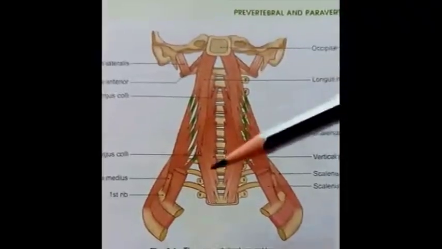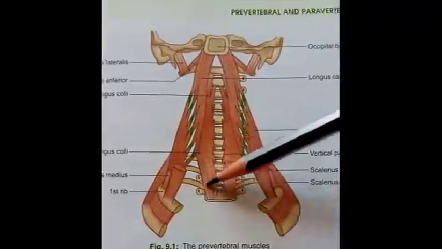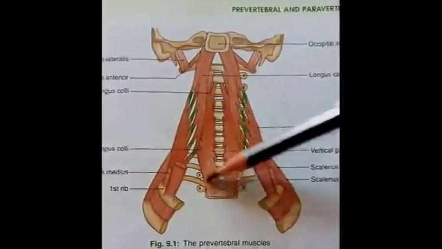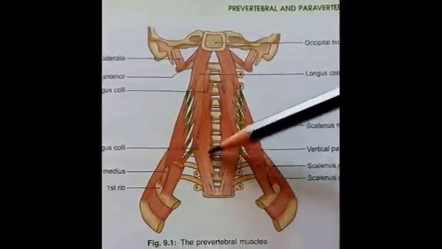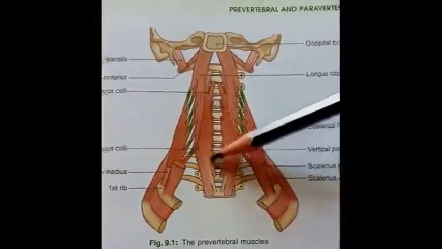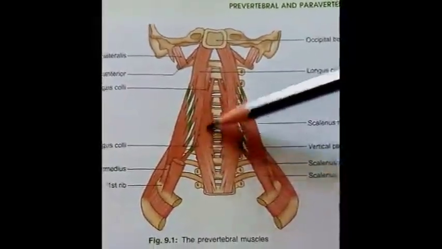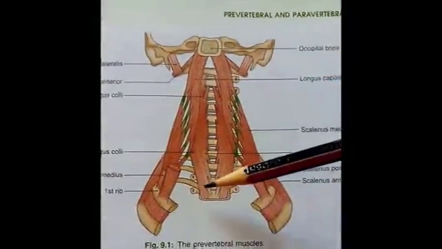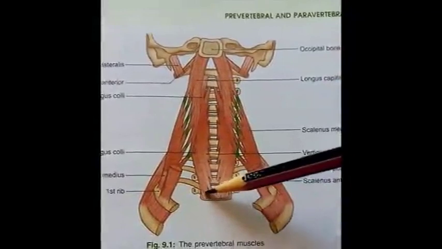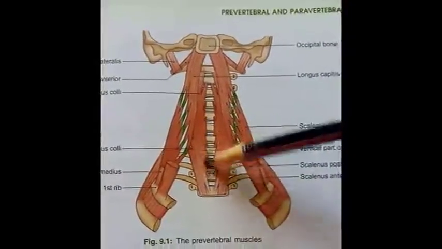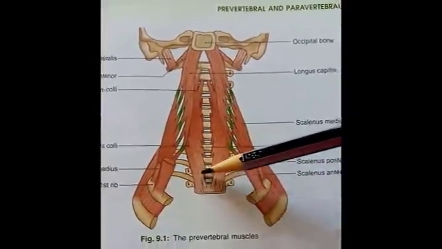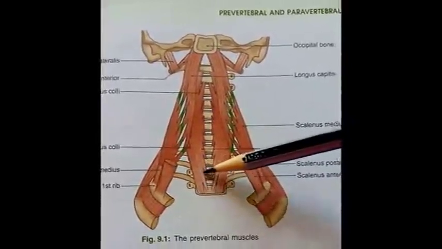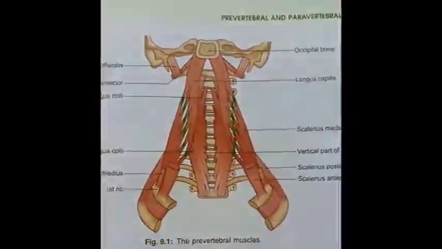So here lateral fibers, these are the part of lower oblique part of this muscle, and these medial fibers, these are the fibers of middle vertical part, because the origin of lower oblique part and middle vertical part in its lower aspect arises from almost same structures, that is second and third thoracic vertebrae.